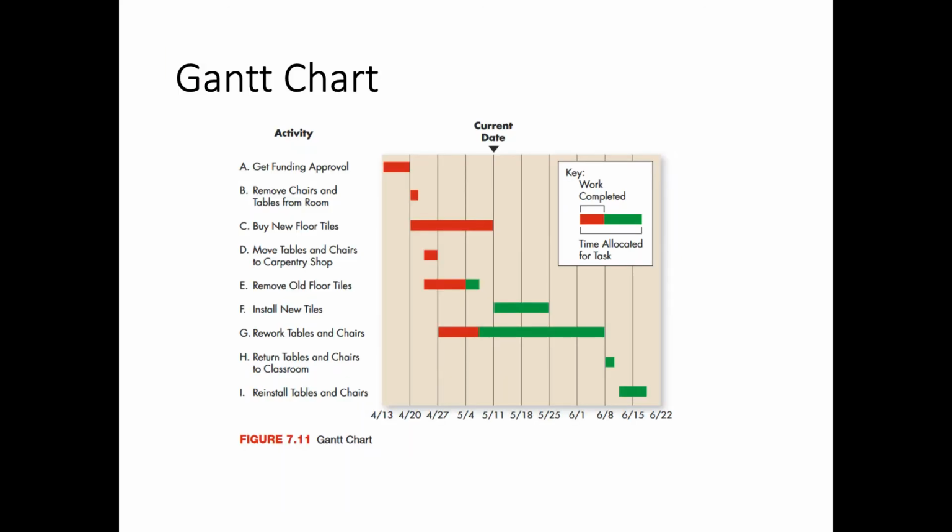This is an example of a Gantt chart. This particular chart is for a project, let's say a one-time project of revamping a classroom. And so you're going to redo the floor and rework some of the tables and the chairs that are installed. And so you can see here how this works. If you start, you notice that on the horizontal axis, it runs by dates from April 13th to June 22nd. And then in the upper left-hand corner, the first thing that needs to happen is you need to get funding approval. And you see there that this particular Gantt chart gives you from April 13th to April 20th, a week